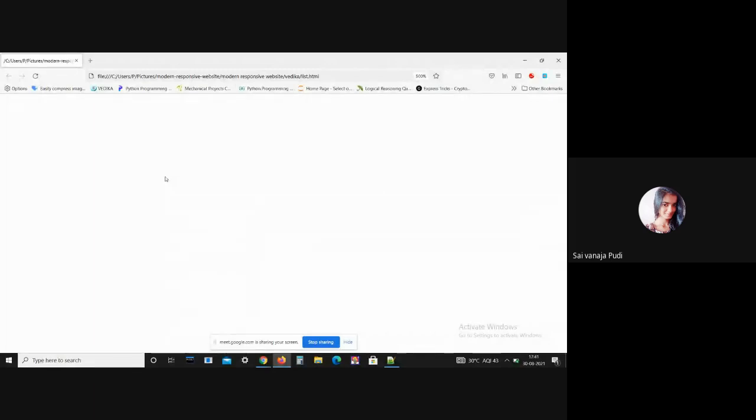You have to give the cursor value depending on the type. As I have explained, we have many cursor types like se-resize, sw-resize. The se-resize means it represents the southeast direction, which indicates that an edge of the box is to be moved down and right. And we have s-resize, no-drop, none, and many more. So please practice all of them.